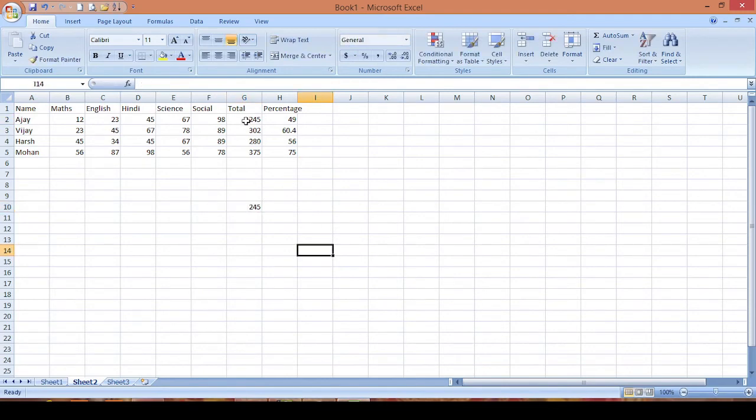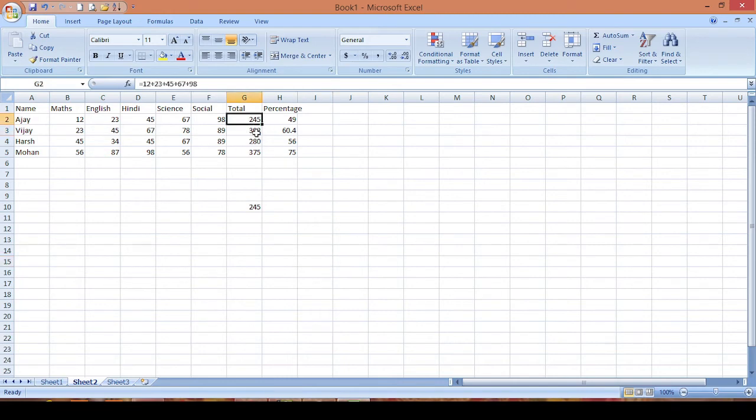Now instead of taking the cell addresses, if I take equal to and numbers only, like 12, 23, 45, 67 and 98, I'll take 12 plus 23 plus 45 plus 67 plus 98, and if I press the enter key, I'll get the same result.